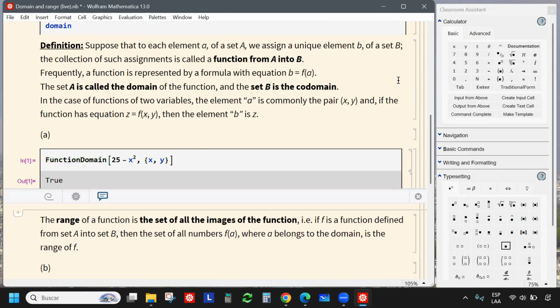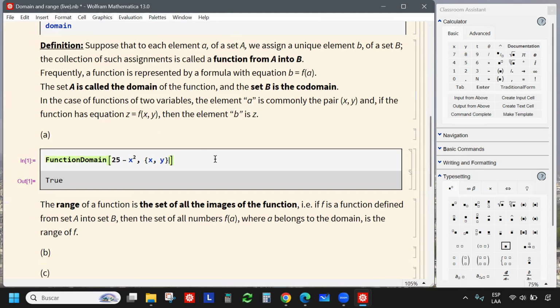And the answer is true. Well, this means that the domain is unrestricted. The domain of F is made of all pairs x and y belonging to R squared, as we said before. Another thing to notice is that we didn't add